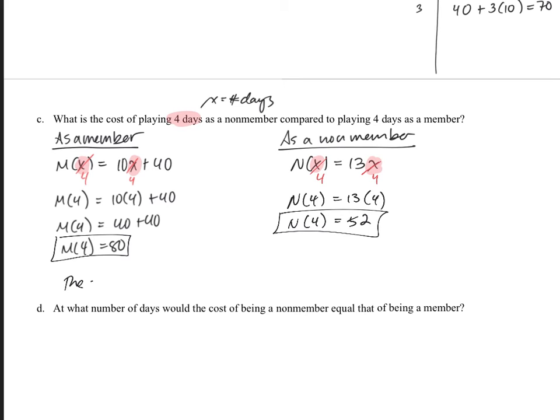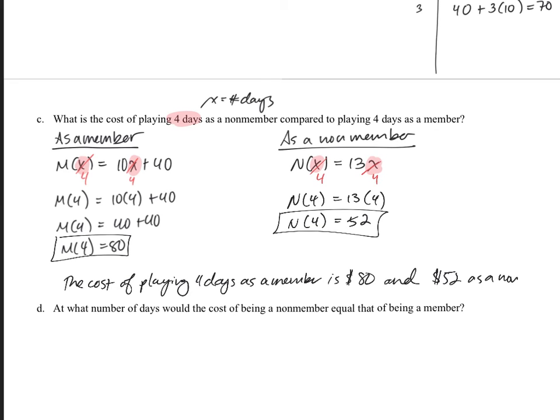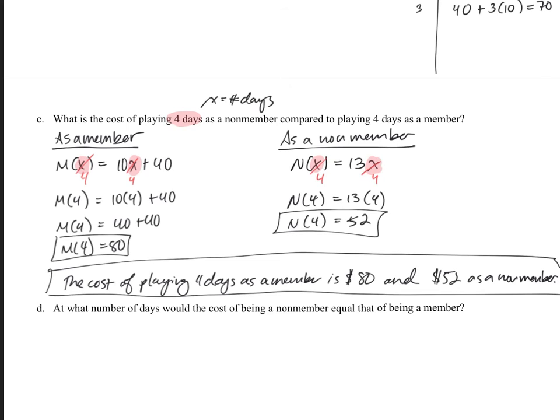The cost of playing 4 days as a member is $80 and $52 as a non-member. So far, if you only go 4 days in a year, it looks like being a non-member is cheaper